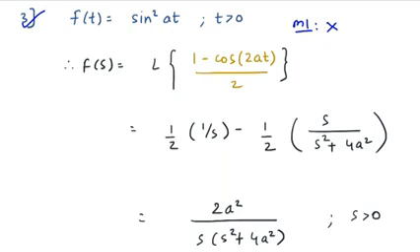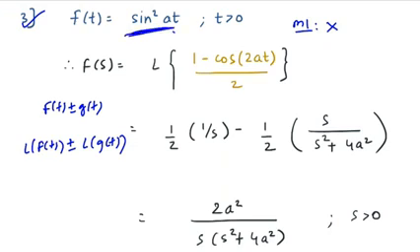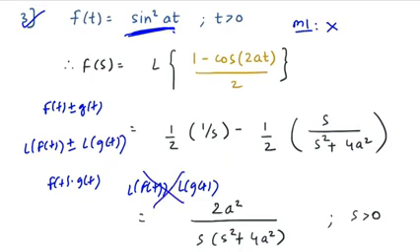But there is a problem here. Whenever you have two functions added or subtracted, let's say f of t plus or minus g of t, you can split the Laplace, right? Laplace of f of t plus or minus Laplace of g of t. But the question here is, the two functions are multiplied. Now tell me, if two functions are multiplied, f of t into g of t, can we split the Laplace like Laplace of f of t into Laplace of g of t? Can we split the Laplace? The answer is no, we cannot split the Laplace.